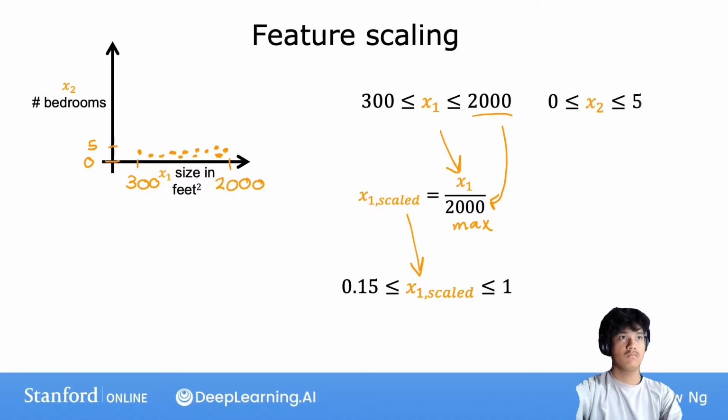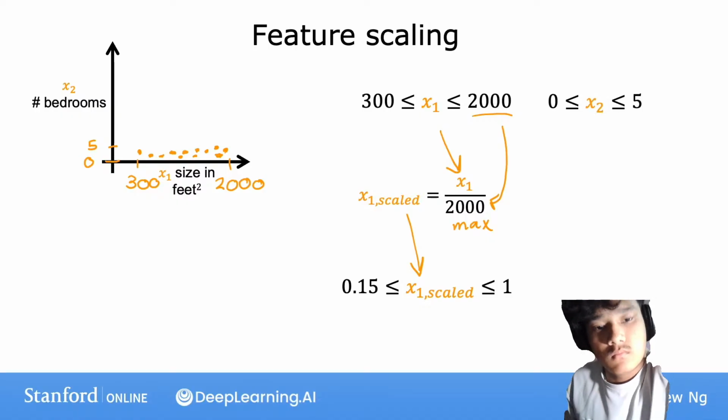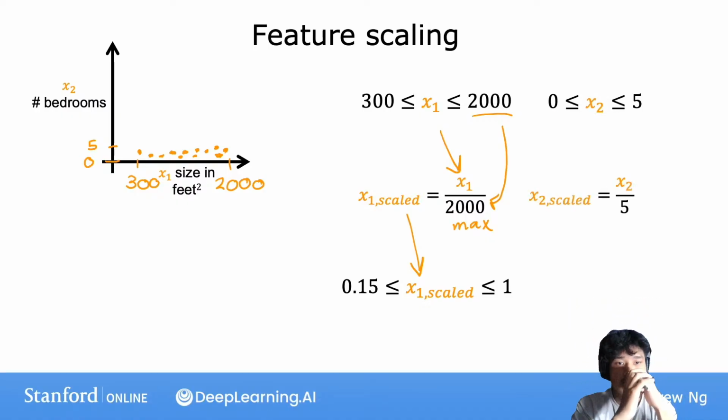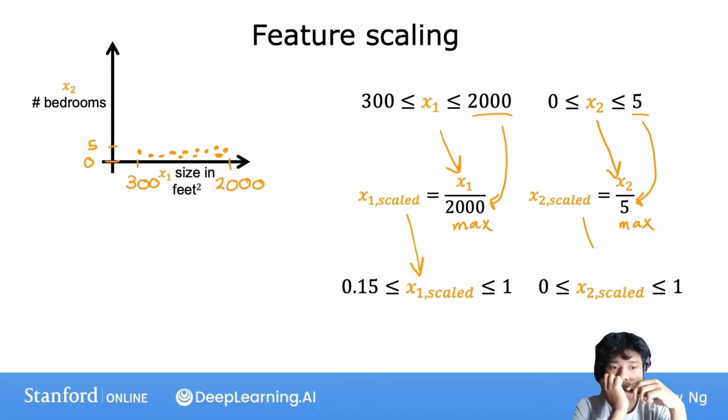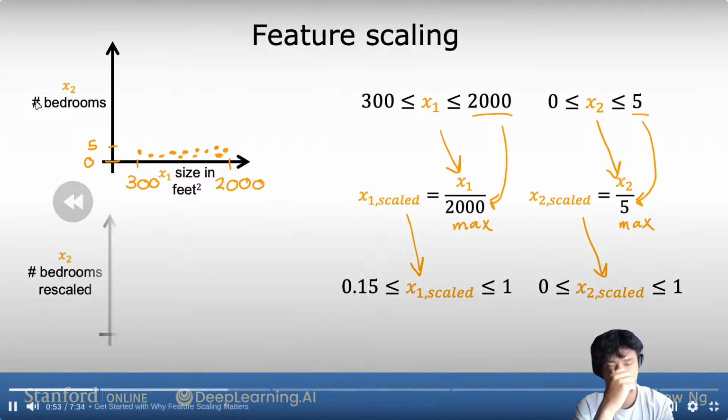Similarly, since x2 ranges from 0 to 5, you can calculate a scaled version of x2 by taking each original x2 and dividing by 5, which is, again, the maximum. So the scaled x2 will now range from 0 to 1. So if you plot the scaled x1 and